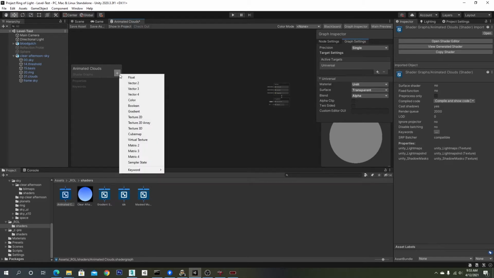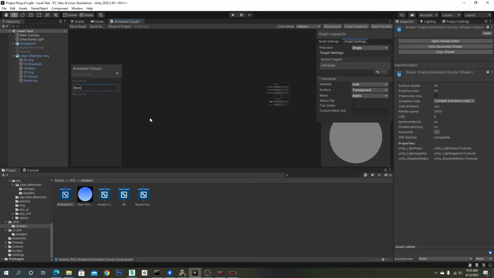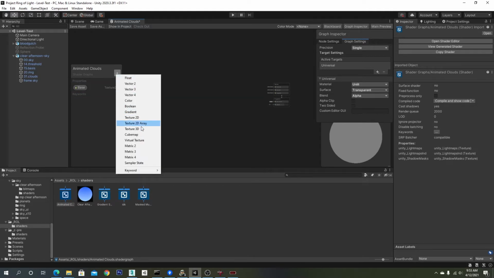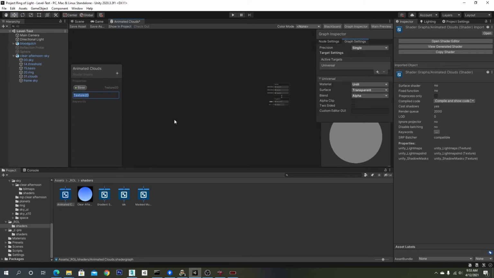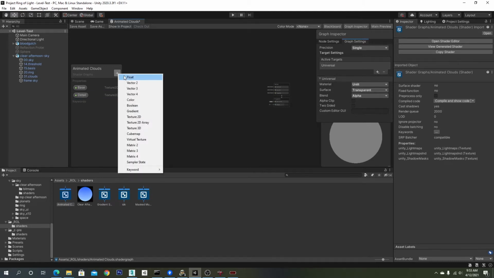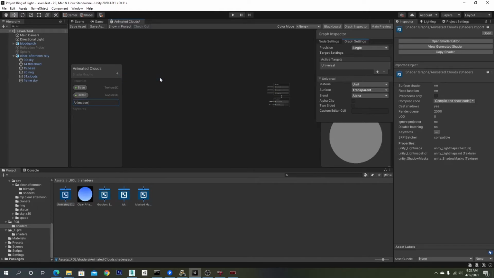And let's go ahead and start off with what we need. So we know we're going to need some sort of base texture, which is going to have our alpha mask in it. We also know we're going to have some sort of texture scrolling through. So we'll just call it detail. So base, we have our detail. Let's go ahead and add an animation speed, because those clouds are going to be scrolling through there. It'll be nice to mess with the speed. We'll also go ahead and add in a detail scale so we can control the size of those little clouds